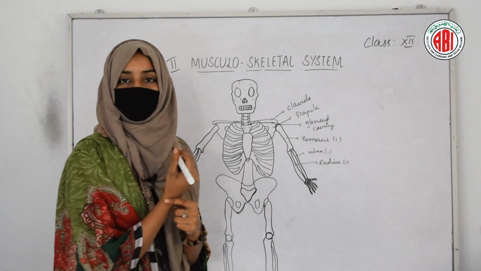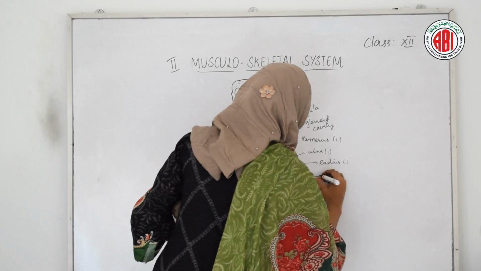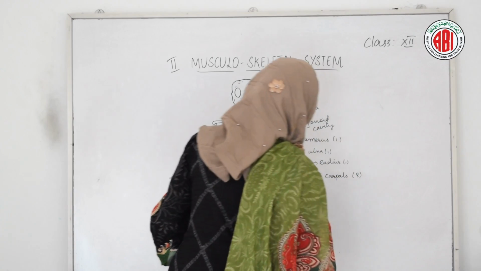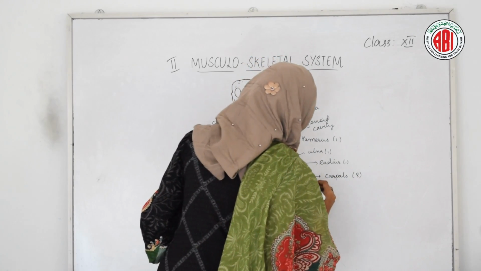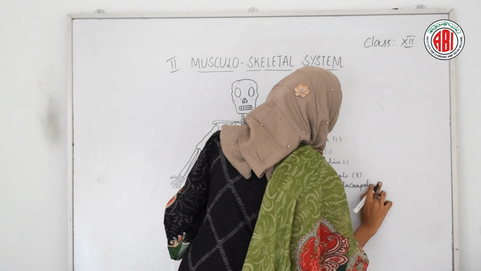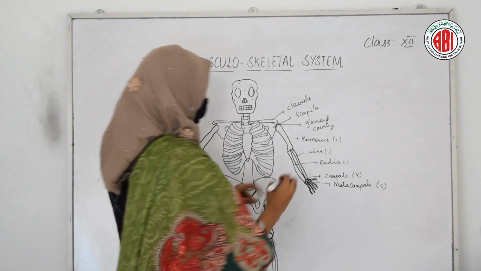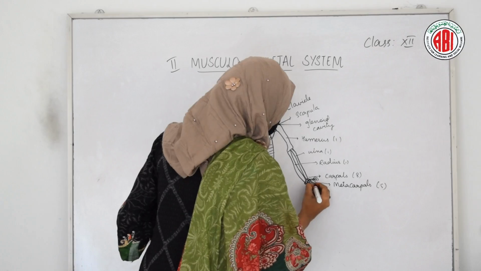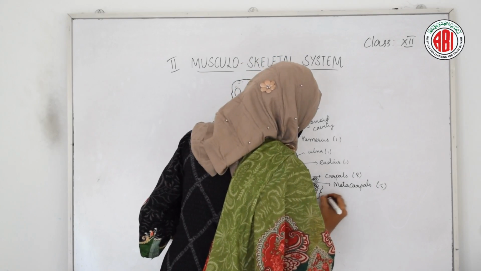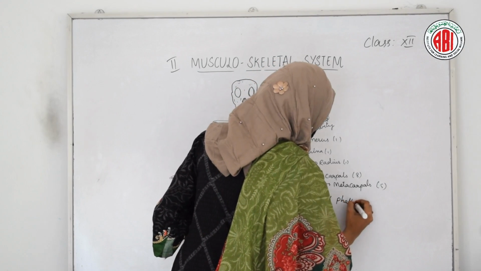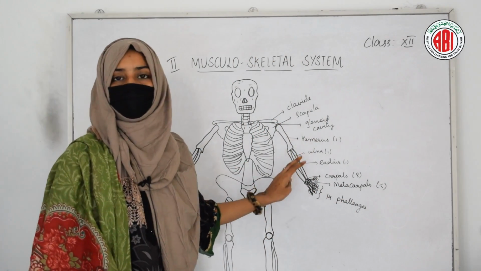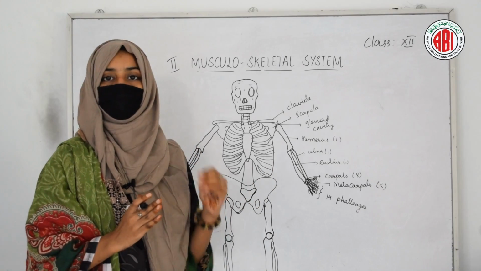Now, in the region of the wrist, you may find 8 bones, and those 8 bones are called carpals. So carpals are 8 in number. Below the carpals, 5 metacarpals are present. And then in the fingers, in each finger you will be finding 3 bones, right? In total 14. So 14 phalanges are present, right? So these are the different bones that are found in your upper limb, in your arm.